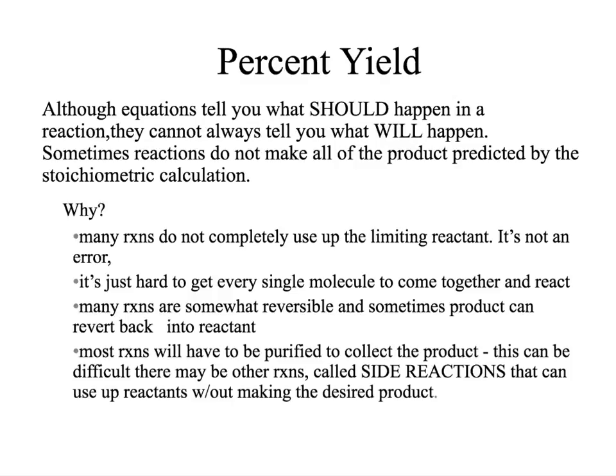An example of this is when we make cookies. We don't always get exactly what it says we should get on the bag, and that's for reasons like we have some batter left on the bowl. Sometimes it's because we ate the cookie dough, and then sometimes it's because maybe we spilled some of the ingredients. So we never get as much as we should, and so this percent yield is going to tell us how much, or what percentage, we got of what we should have. And so I'll let you read through these reasons why a reaction might not happen, and then let's get into